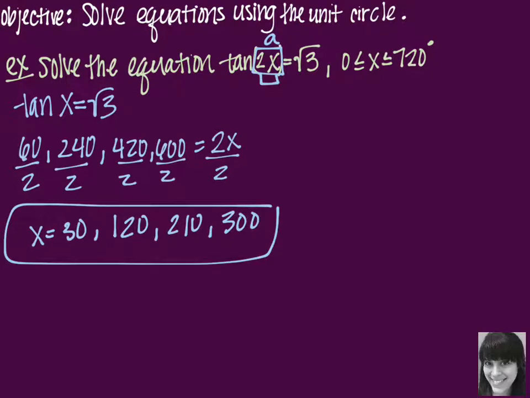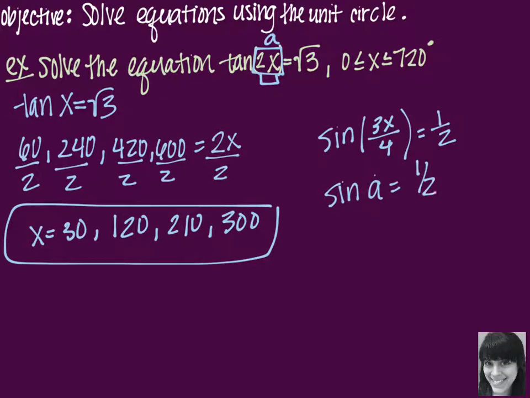So like if you were taking sine of 3x divided by 4, and that equaled 1/2, you could say that you were going to take the sine of a equals 1/2, solve for a, and then whatever answers you get, you say, okay, well, a doesn't actually equal that, a equals 3x over 4, and then you have all of these answers, alpha, beta, whatever. And then you would solve for x for each of those answers. Okay,